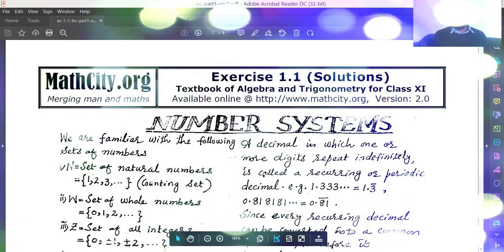Okay, today we will discuss number systems. What is a number system and what is the history of the number system? So basically, we are going to discuss the mathematics of FSC part one. If we discuss the history of number system, then